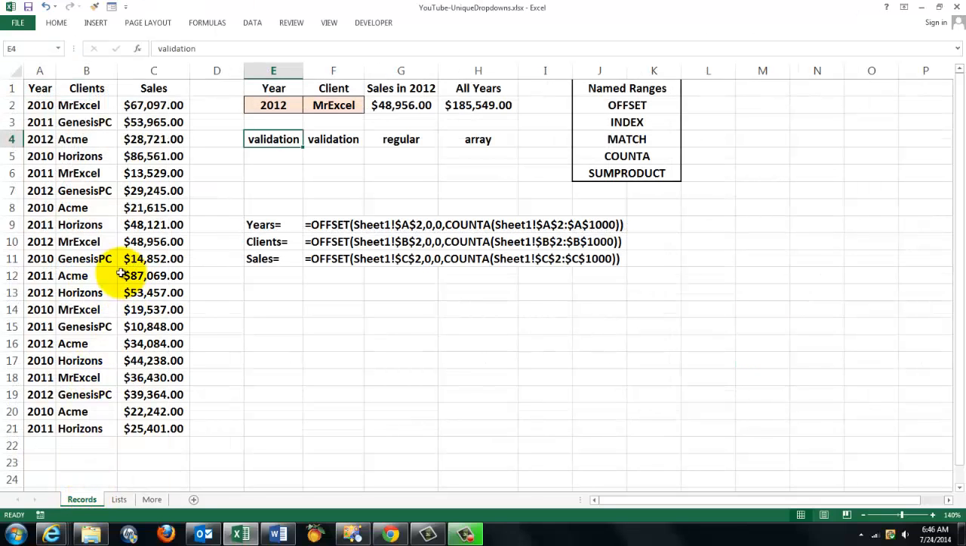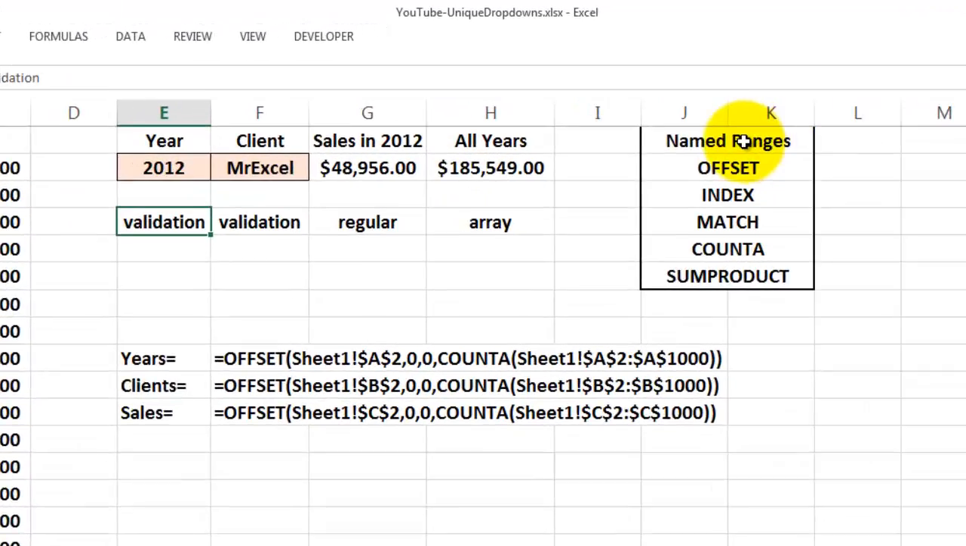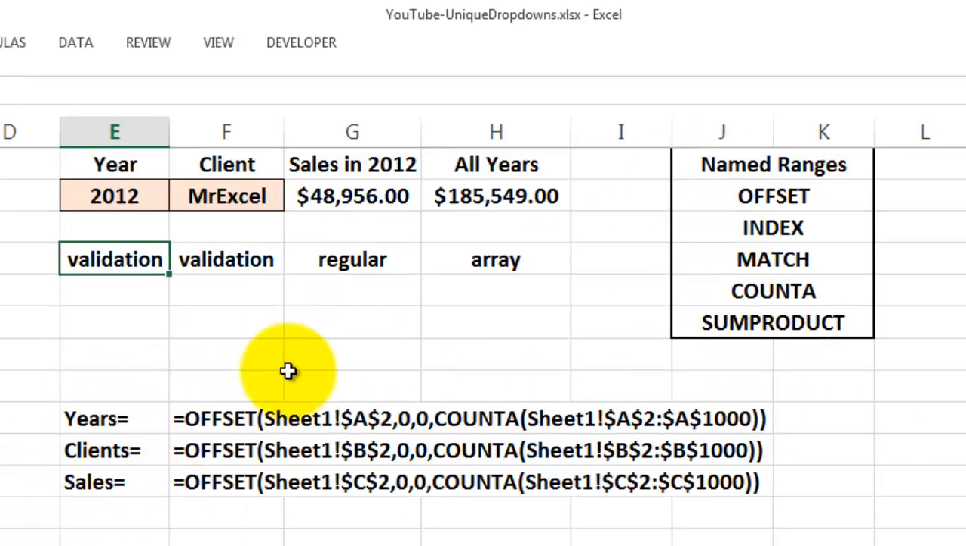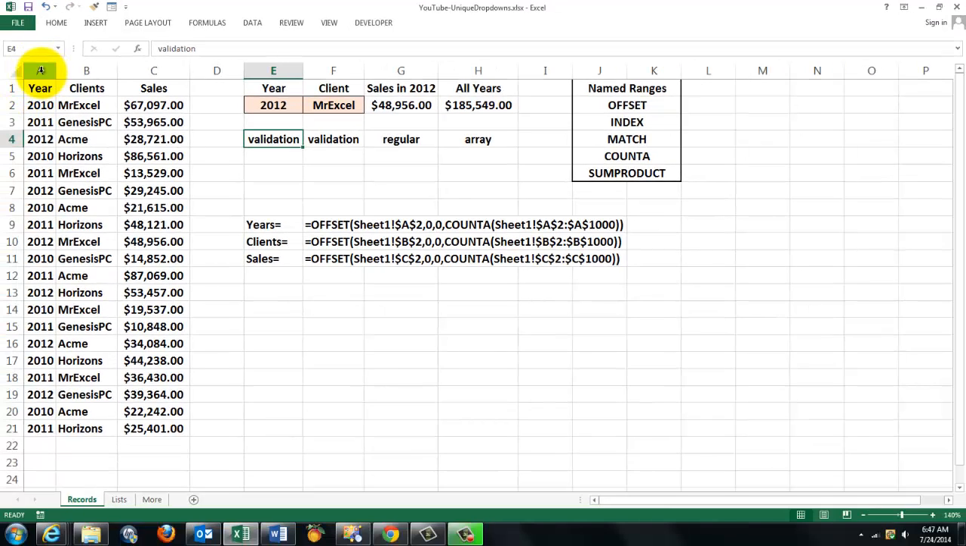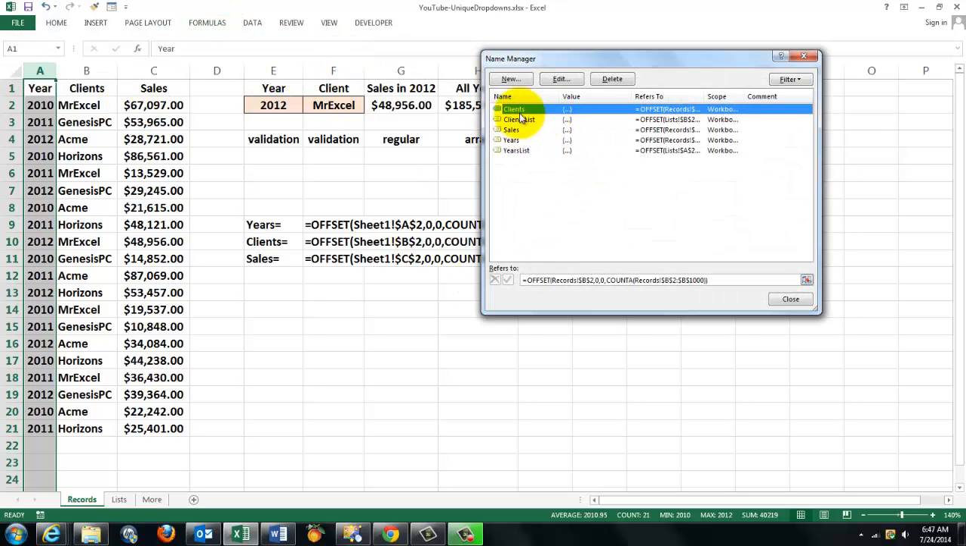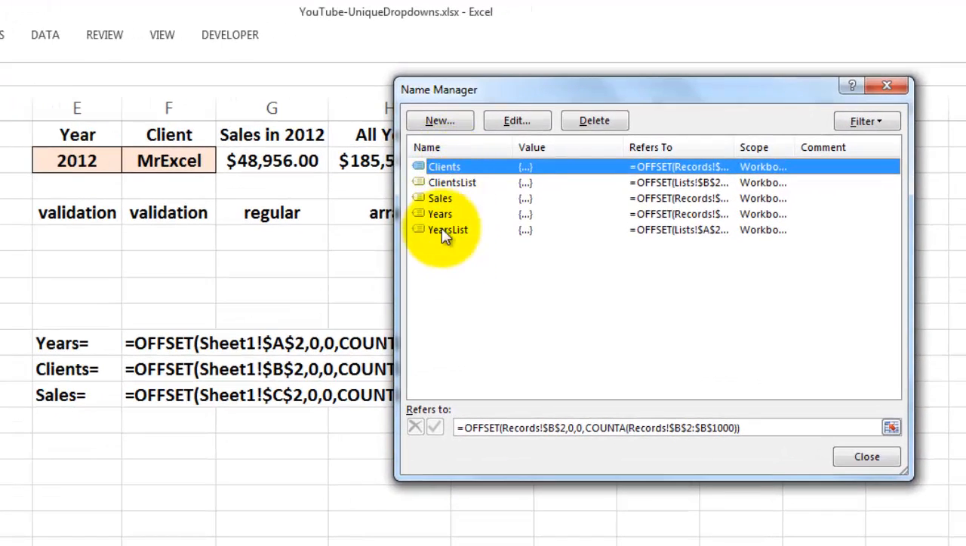What do we need to do in order to make all of this possible? First of all, we need named ranges, and we need a bunch of functions: OFFSET, INDEX, MATCH, COUNTA, and SUMPRODUCT. Let's start with the named ranges. I called column A years. I gave it the name years. You do that through Formulas, Name Manager, and then you start your years, names, sales, etc. And you put a formula in here that I